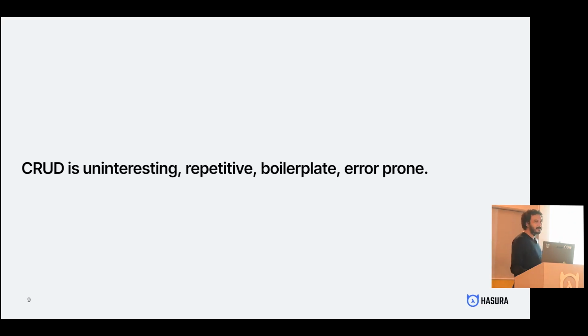So CRUD by itself is extremely boring. That input output: get some data, put it in the database, read some data, give it to the other side. And the more you handwrite this, the more you realize this is repetitive work. A lot of those joins you don't really want to write every time. And every time you write a handwritten API, it changes a little bit. So the person who developed the mobile app now has to look up what the exact API is. They're all slightly different. You have all these issues, and you don't really want to do this.